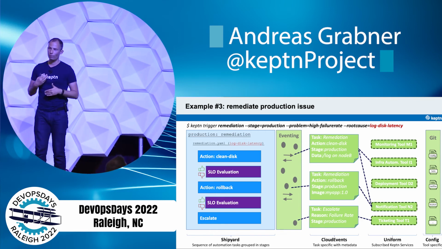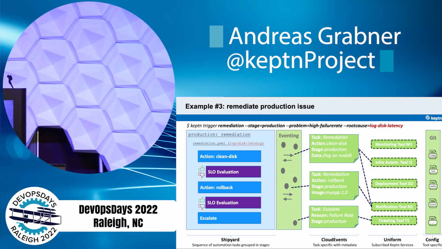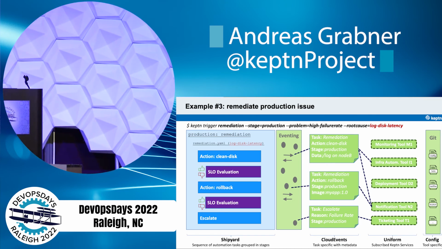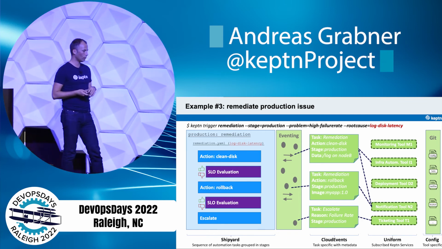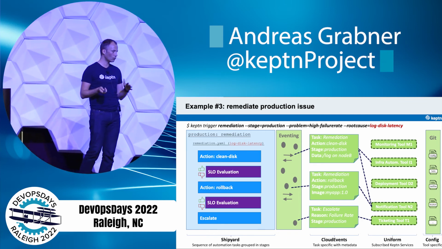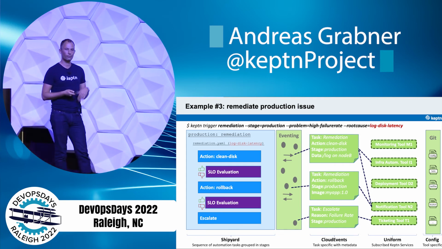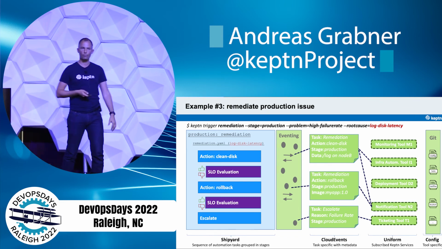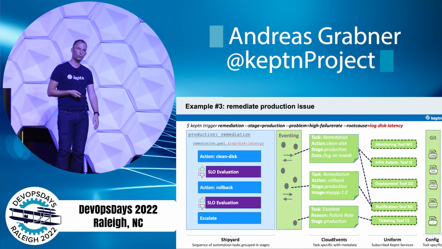Then, in the remediation use case, Keptn is always automatically, implicitly executing an evaluation. It's pulling in the metrics from your tool, and based on that, decides what to do next. If it's good, it stops. If not, it goes to the next action that is defined. But you get the idea, right? Action, evaluate, and if it's not good, then at the end, the last step is probably an escalate where you may create a ServiceNow ticket or send a message to PagerDuty.